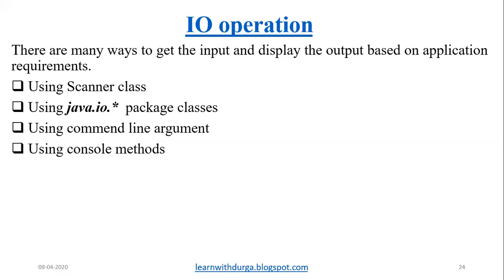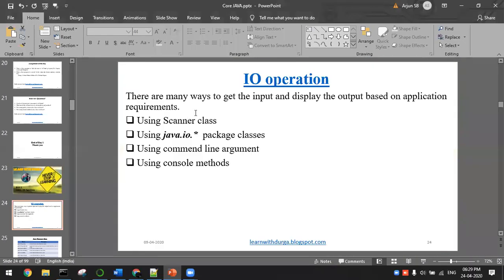Whenever main is called, when the Java class file is executed, at that time itself main is called, and in that case you can directly go ahead with the input definitions. So that we'll discuss now. Scanner class you have done. Now we are going to discuss the command line argument.